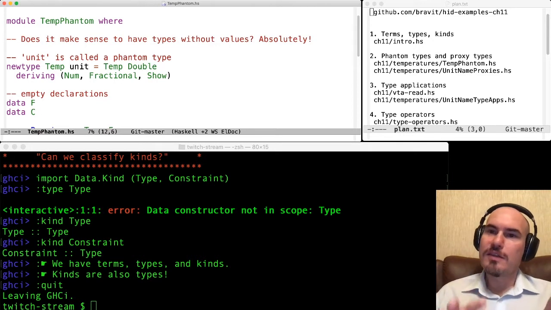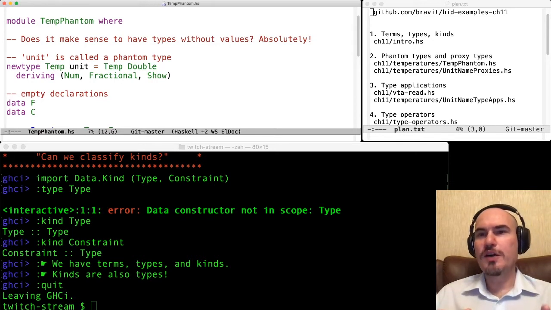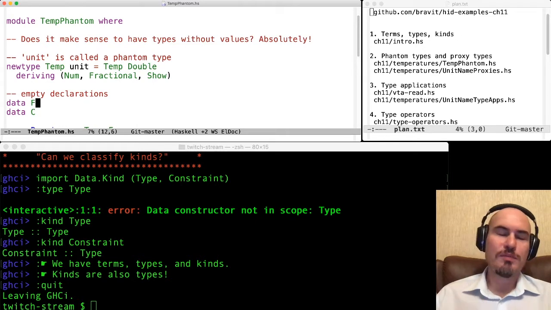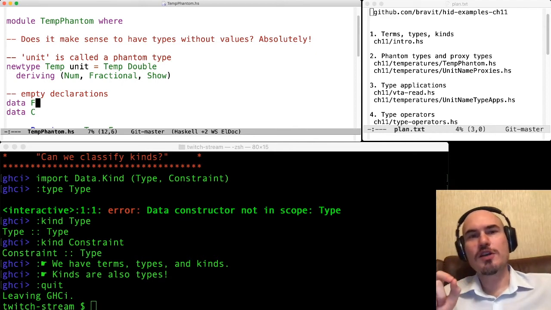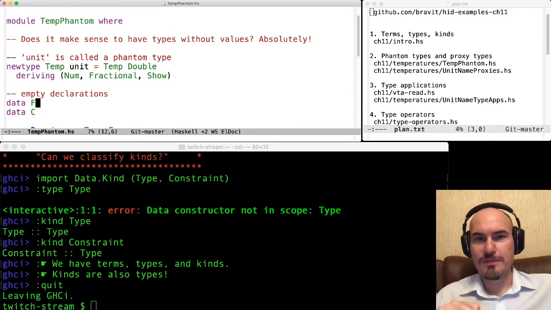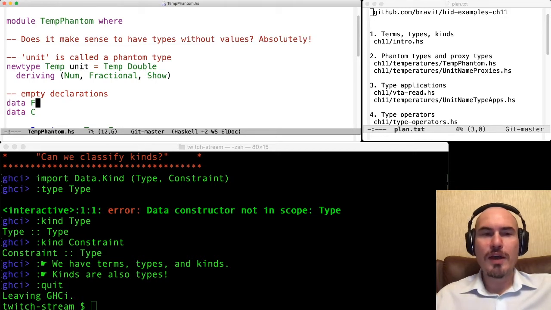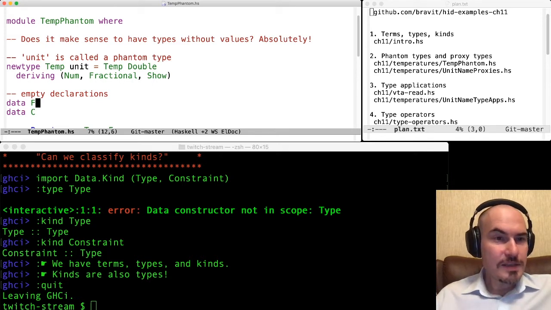We need these types only for referring to types. We mean that F is Fahrenheit degrees and C is Celsius degrees. These types have no values. They are used at type level. This is the first feature of type level programming, actually. These data types exist only at the level of types. We have no representatives for these types at the level of terms. So they exist on type level exclusively. And this is how we can use them.